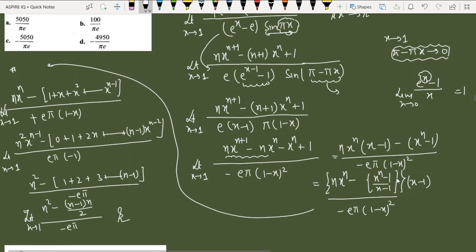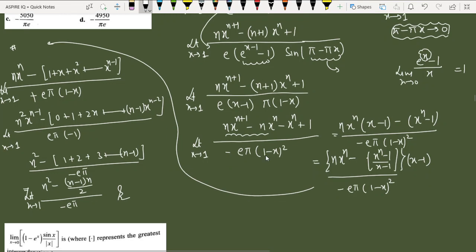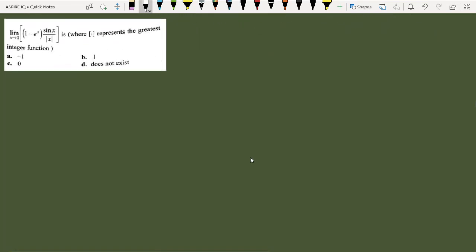Let's come to the next part. Sometimes you can use binomial expansion here by replacing x tends to 1 plus h. Then it will be easier to understand. But in my lecture you will find I never use x tends to a plus h and a minus h like that. So next question is,